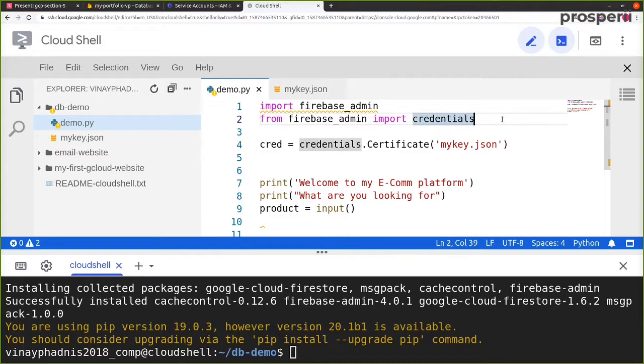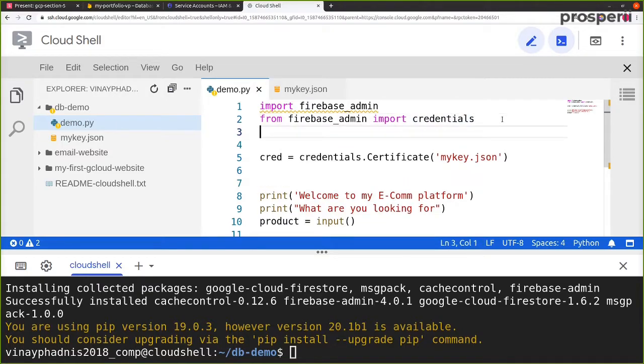So over here, let's import one more module from Firebase admin. So now we have from firebase_admin import firestore. Firestore is the database component of Firebase admin.